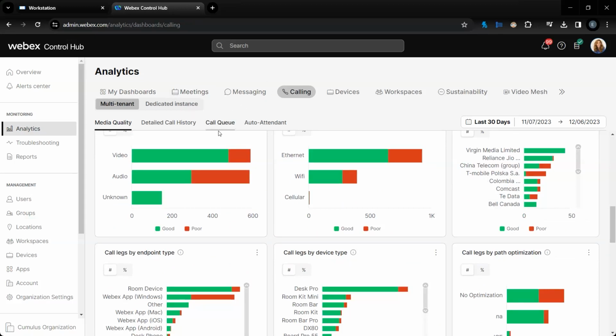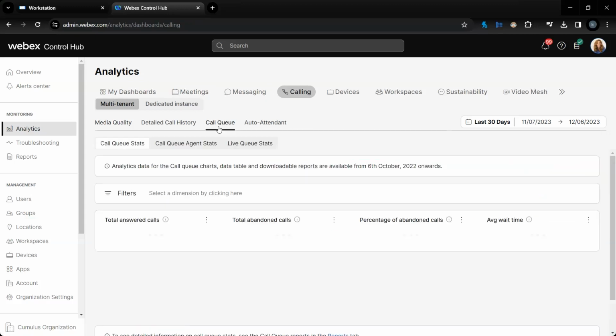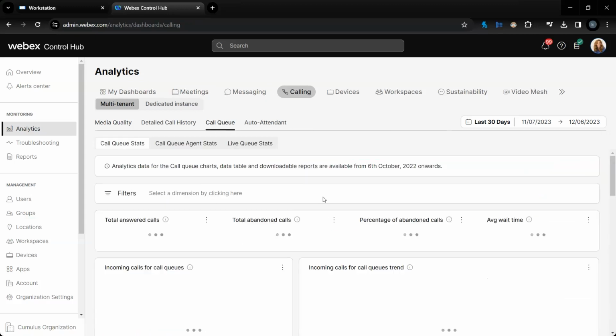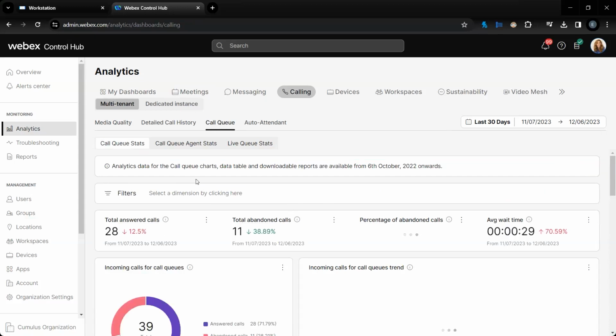Moving over to some of the other analytics that are available. Again, the solution, including some call center functionality, allows for call queue stats based on both your customer experience. So what is it like when someone calls in? How long are they on hold? And then as well the agent experience, where you can look at what is the performance of your staff.